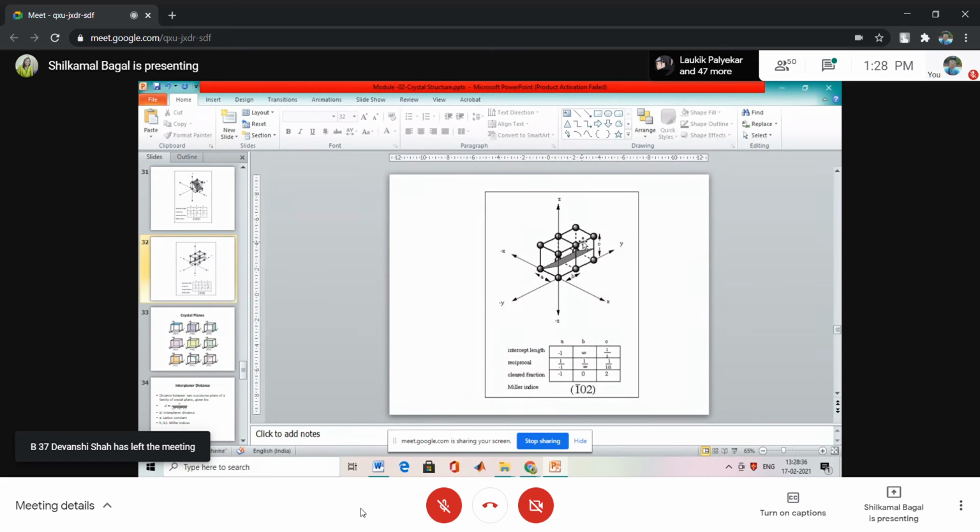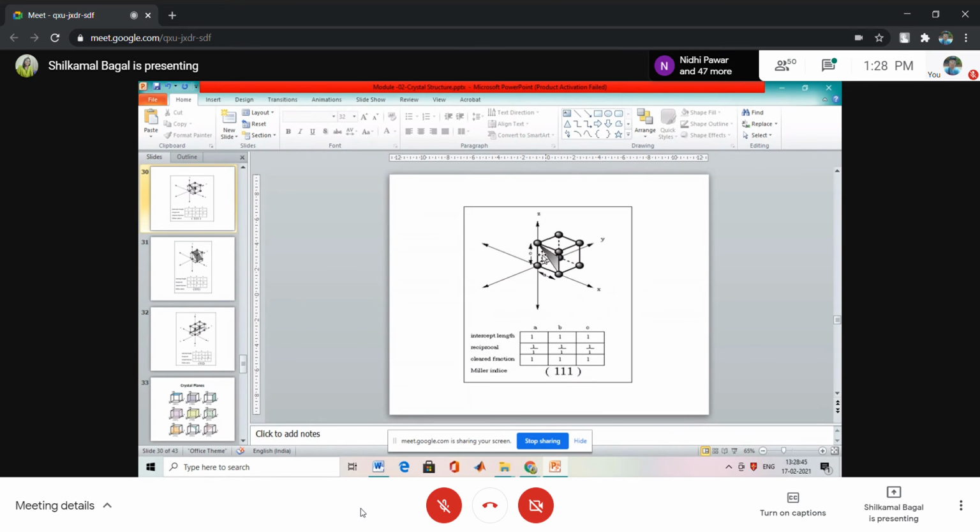Now let's see the next one. Which one is this? Bar 1 0 2. We will see bar 1 later. First look at this one. Suppose here we have been given the indices of the plane as 1, 1, 1. The reciprocal of 1, 1, 1 will again be 1, 1, 1. It means this plane has an intercept of 1 unit on each axis A, B, C. So make the marks. A is here. From this origin, 1 unit will come at this corner. On axis B, 1 unit comes at this corner, the one which is inside.